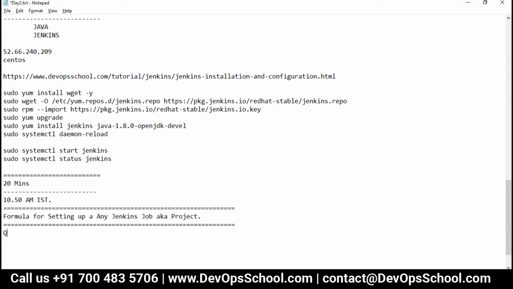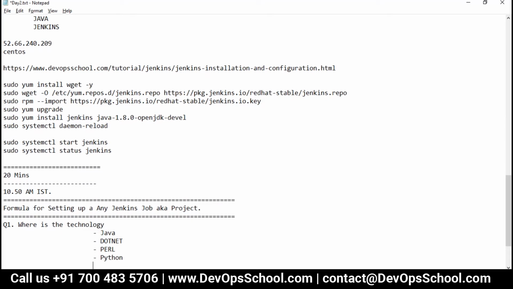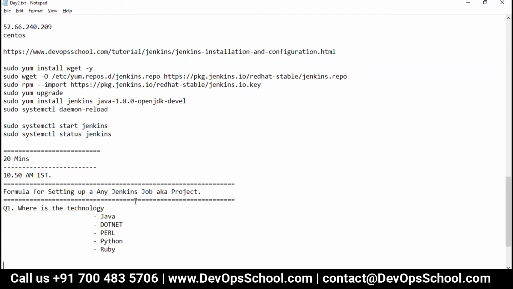Question number one you have to ask: What is the technology of the source code? The technology which you have, Java, .NET, Perl, Python, Ruby. What kind of technology are you having right now?